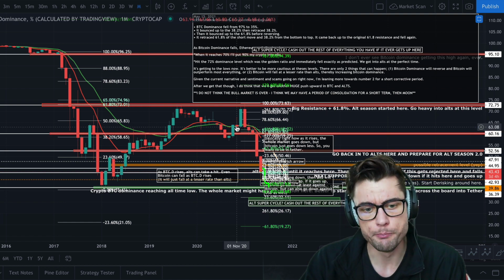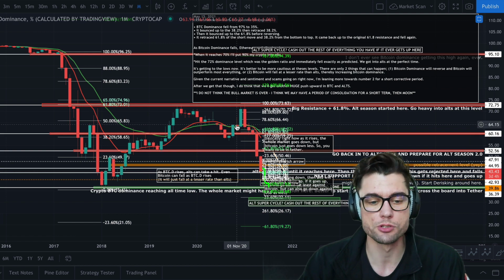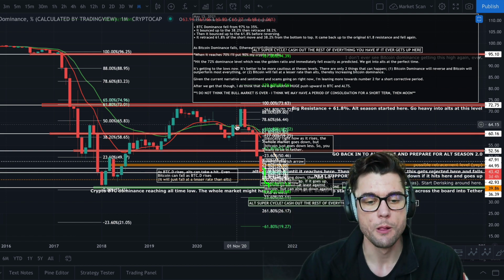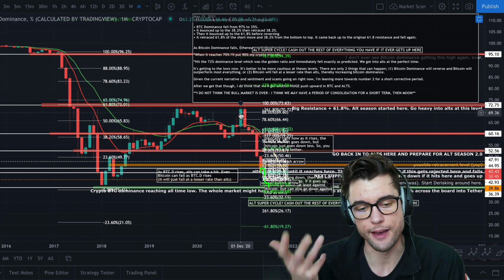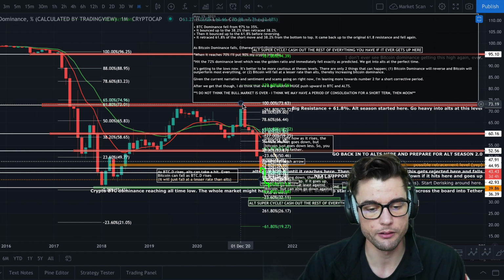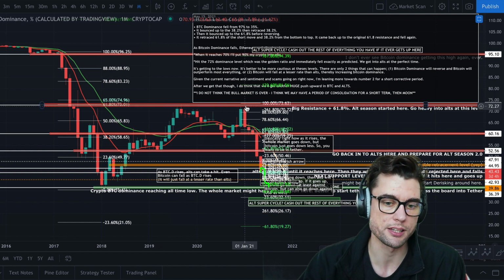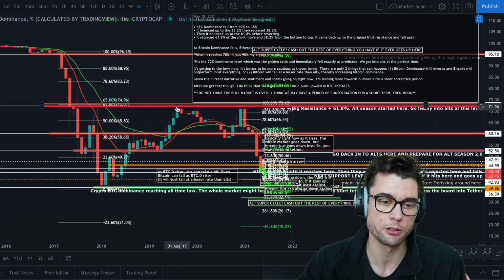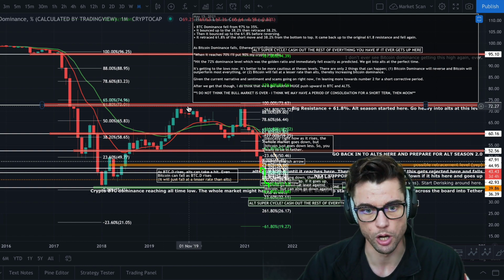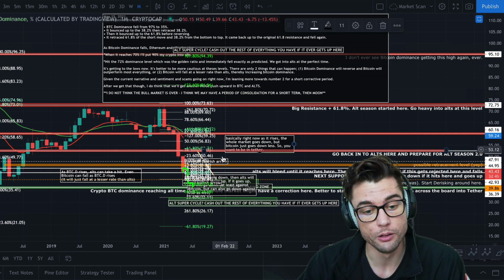But over here is an area where Bitcoin was rising at a faster rate than altcoins were rising. And then after basically December 2020, starting 2021, altcoins just started to take over. So this was the best time to get into altcoins, right here. Either right here or back here was the best time to basically just go all into alts and forget about Bitcoin. So now though,